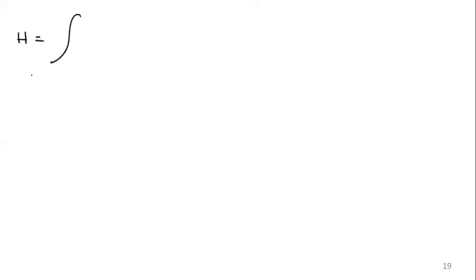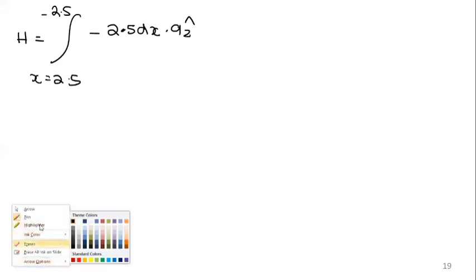So H is equal to integral, x from 2.5 to minus 2.5, because we are going from the lower direction to the upper direction. The x-axis was on the lower side. So 2.5 to minus 2.5, minus 2.5 dx into az. This 2.5 I multiply with 10 and make it 25, because we have I equal to 10. So I will make it like minus 25 into dx into az divided by 4 pi into x square plus 2.5 square, the whole raised to